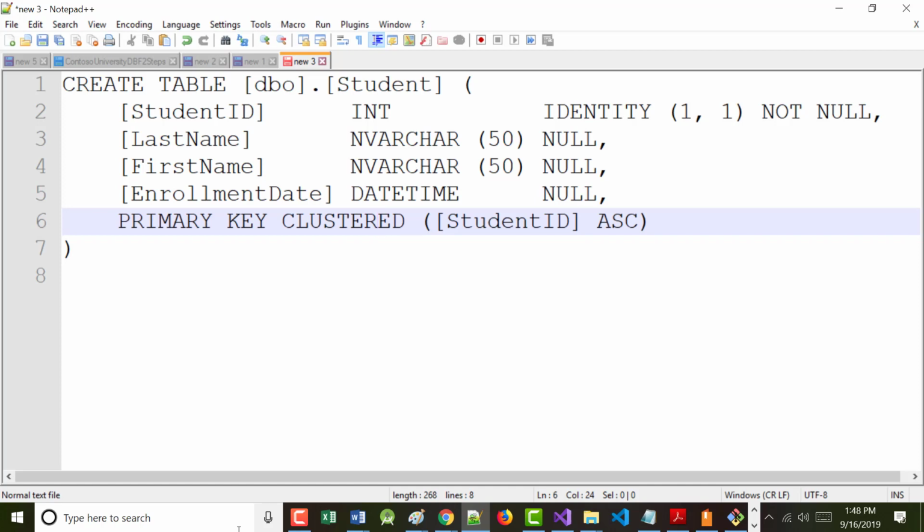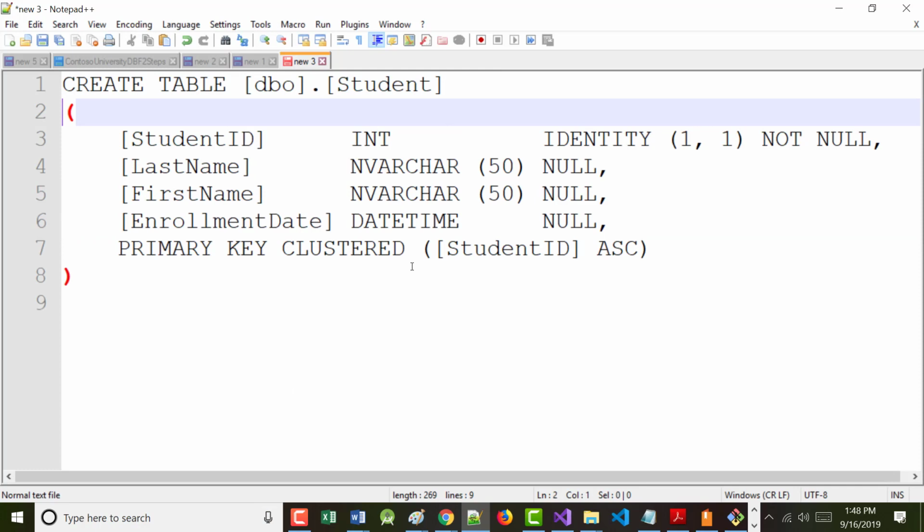Now, in some books, just so you see this, if you look on the screen here, some books say never do this. Always put your parens on their own line. It doesn't really matter. We could have left the paren here. I could have taken that ending paren and put it right here. It really and truly doesn't matter. But I'm saying I want a new student table that has 4 fields in it. The first one will end up being my primary key. And then I have a last name, a first name, and an enrollment date field.